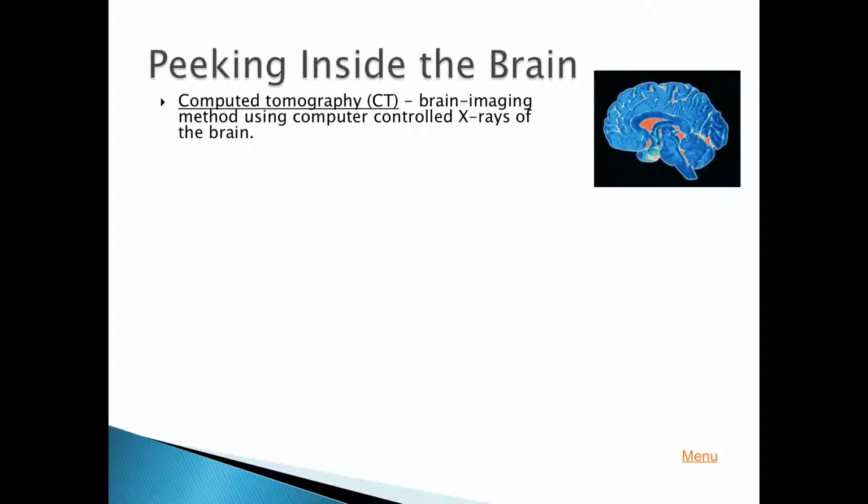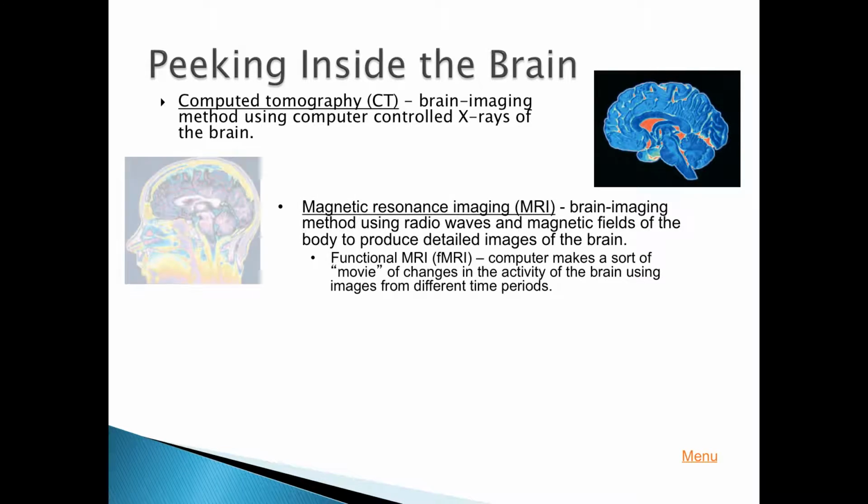So again, all of these different techniques, they're trying to get an idea of what it is that the brain does, or what particular structures of the brain will do, or to take a look and see what is active for a particular person at a given moment in time. So MRIs, somebody was just talking about, brain imaging method, they're going to use radio waves. So they send radio waves in, magnetic fields, to give this detailed image of the brain. So you're going to get a very nice, clear, detailed image of what the brain is doing at that moment